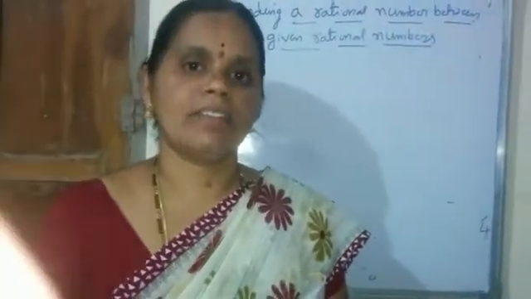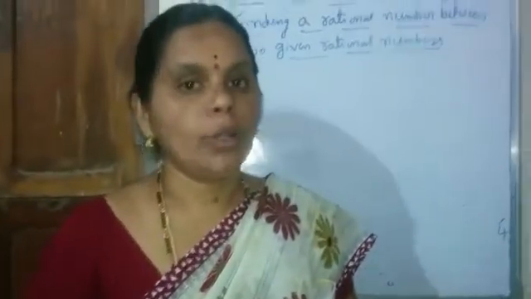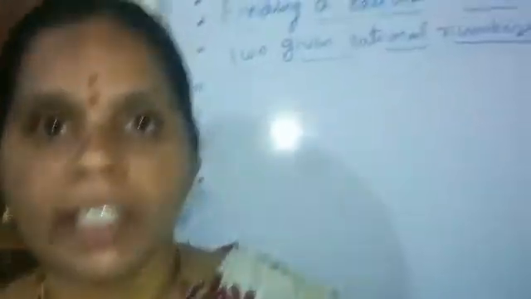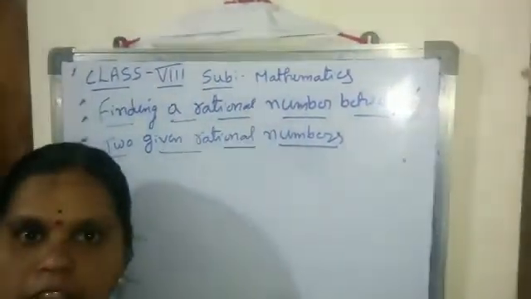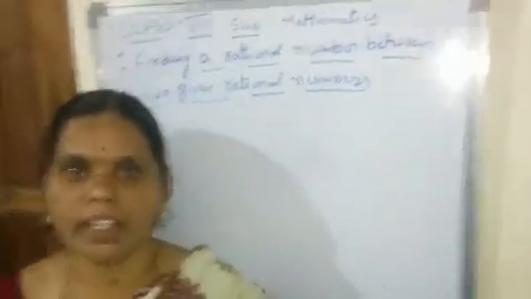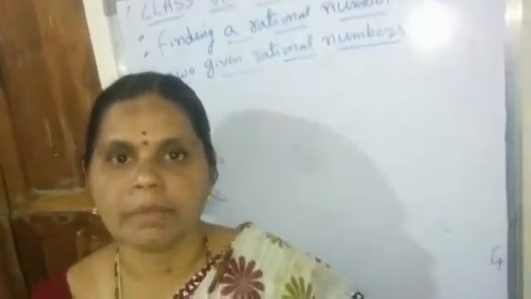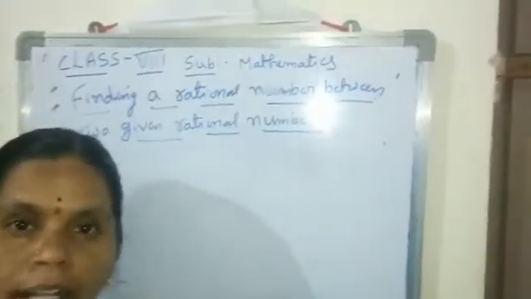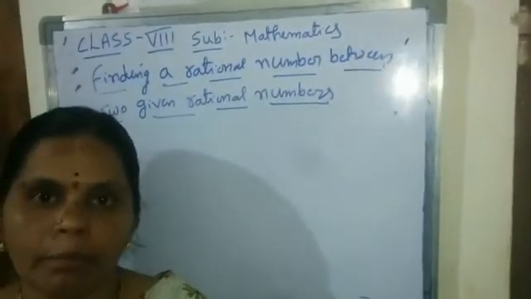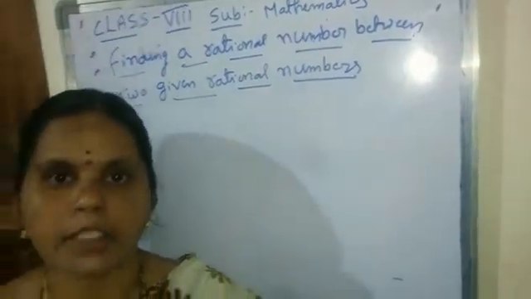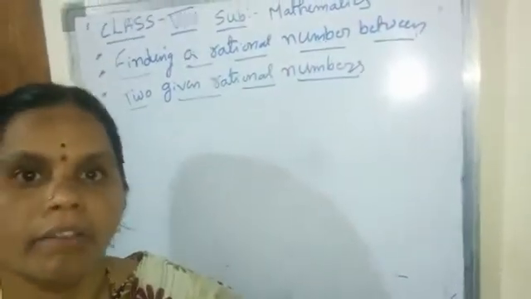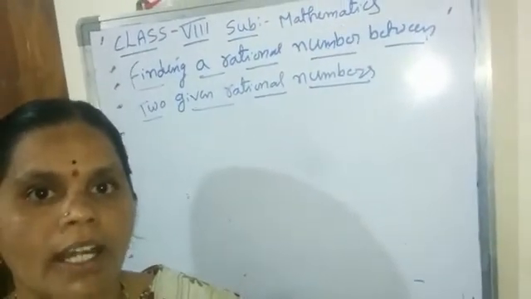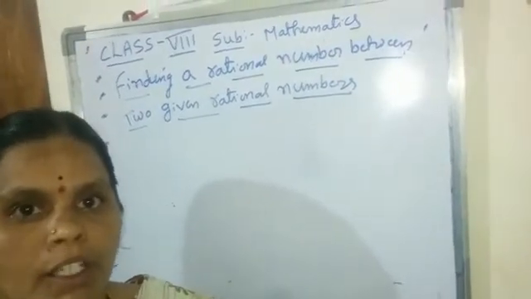The natural numbers between 5 and 10 are 6, 7, 8, 9. The whole numbers between 11 and 15 are 12, 13, 14. The integers between -1 and -5 are -2, -3, -4. But we can write only a definite number of numbers between natural numbers, whole numbers and integers. In the case of rational numbers, we can write countless rational numbers between two given rational numbers.